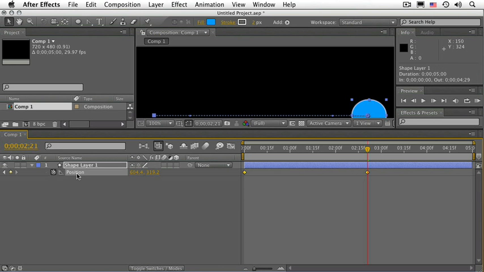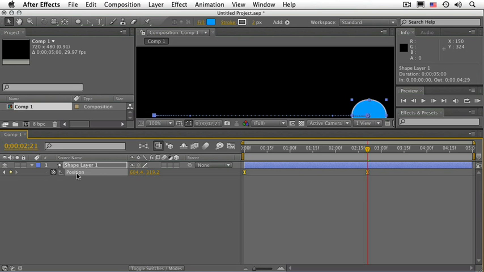If you click on the word of any keyframe property, that will select all of the keyframes assigned to that property. All you have to do now is press the F9 key. The F9 key will give a gradual acceleration and a gradual deceleration, also known as ease out and ease in, or in After Effects, easy ease. Notice that the shape of the keyframe changed to that of a little hourglass, meaning that we are now changing